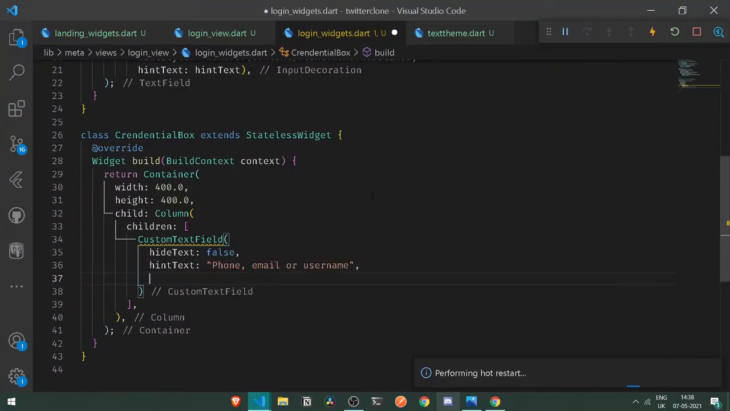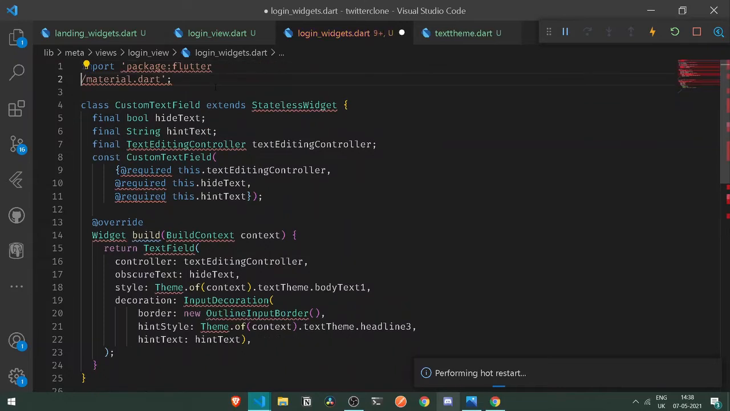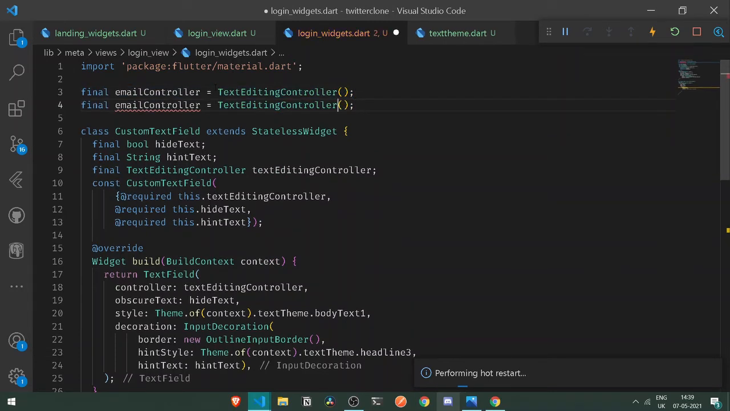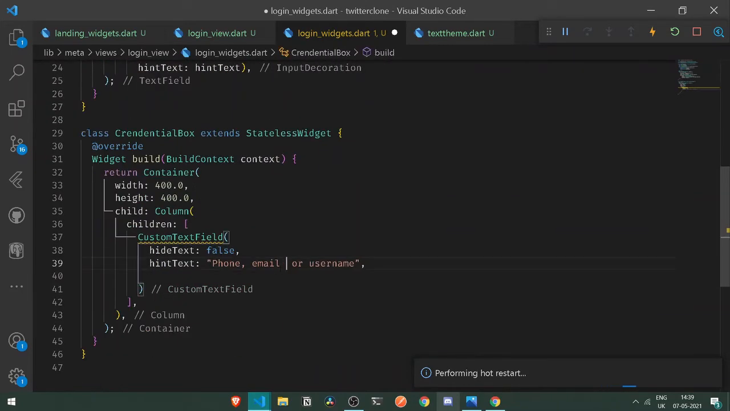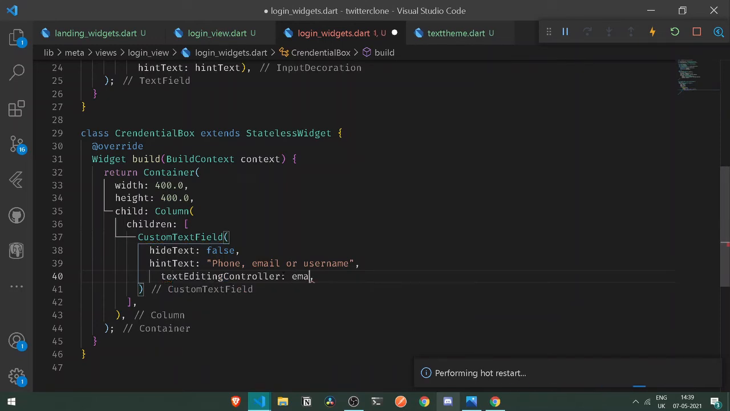And after that, it should be requiring a new property which will be text editing controller. So let's create a new text editing controllers which will be at the top. So here let's have our final email controller. Let's copy the following piece of line from this side, paste it here. But it should be requiring here a password controller, just like this. So under our text field, let's have our text editing controller, which will be nothing but simply our email controller